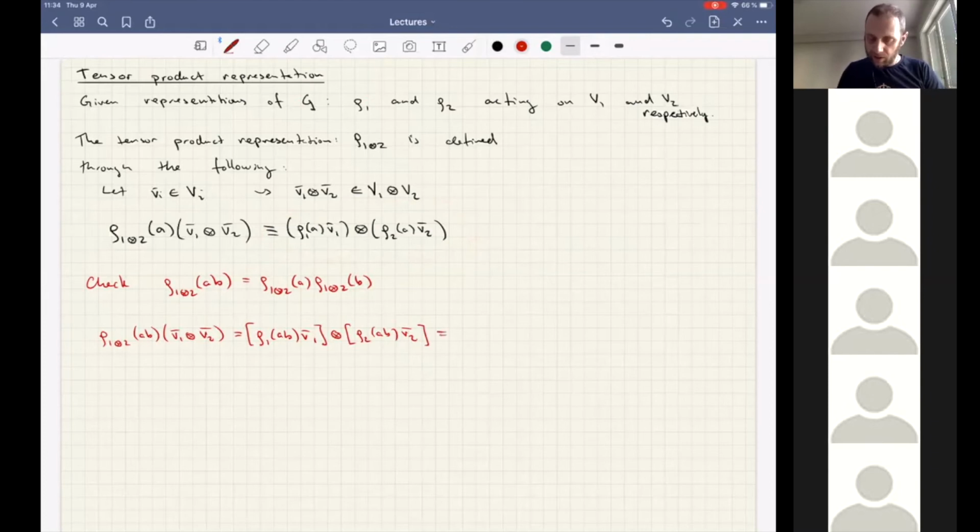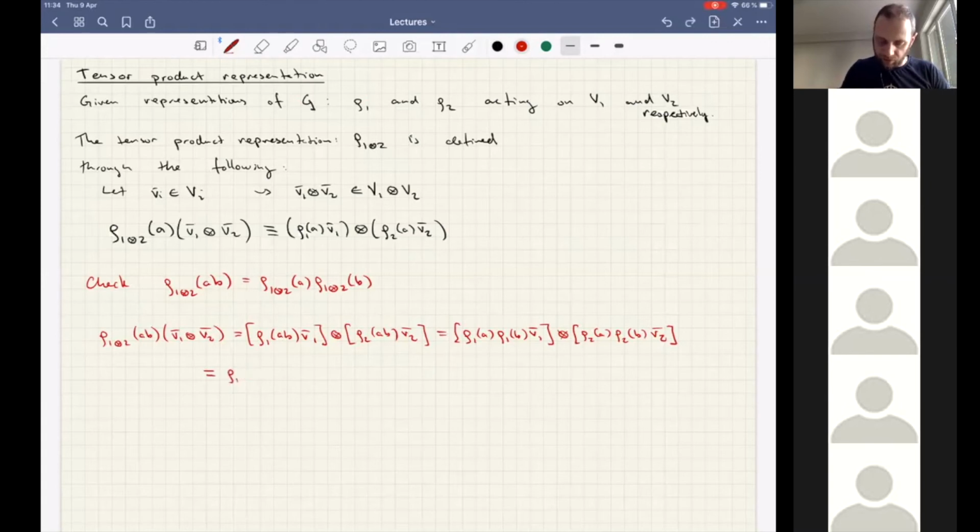So this means that here we have rho 1 of A, rho 1 of B acting on V1, and the tensor product with rho 2 of A and rho 2 of B acting on V2. And now we use the definition in the reverse direction,